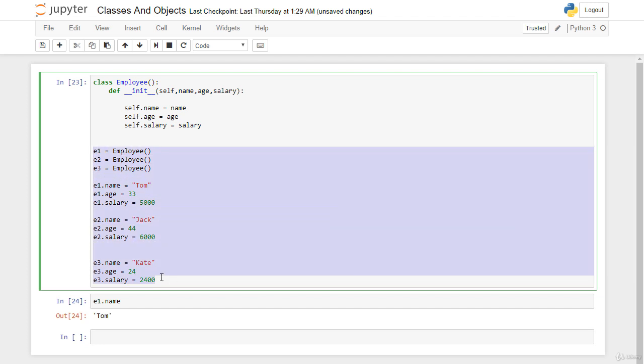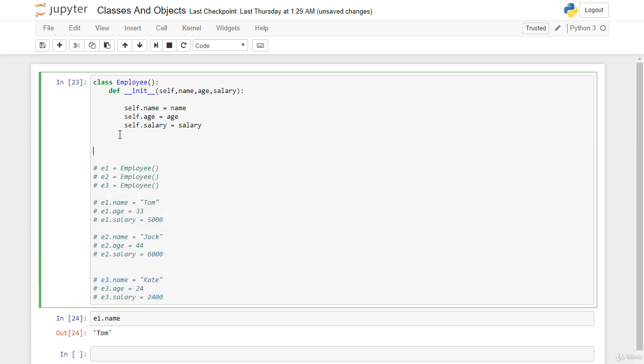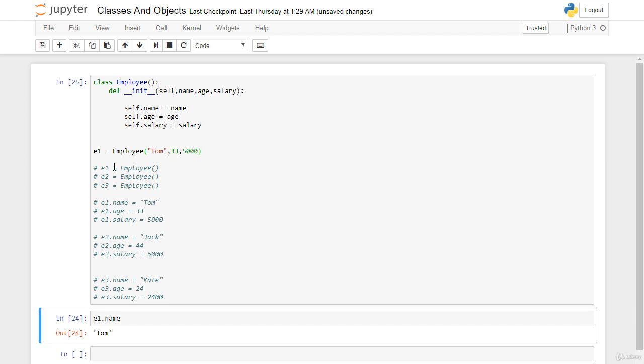Now we can create our objects with this function. Let's comment out these codes. If I want to create an object, I need to say employee1 is equal to, again, Employee, my class name, and after that between parentheses I will say Tom, and the other one was age, right? Age for Tom 33, and salary was 5,000. And now shift and enter. As you see, now I create my